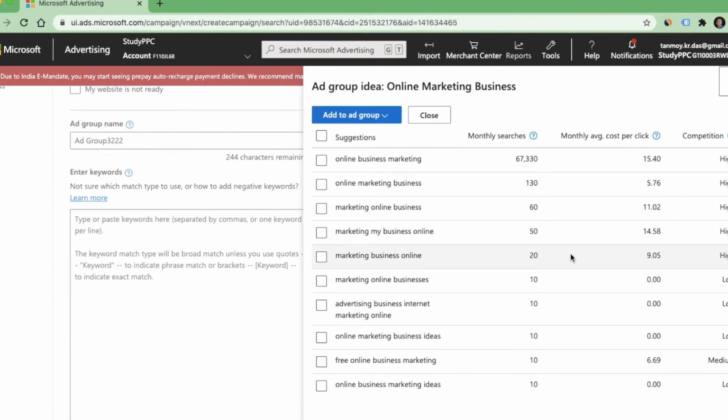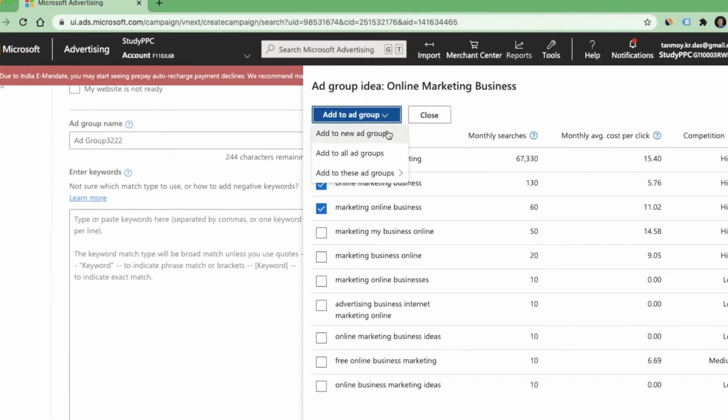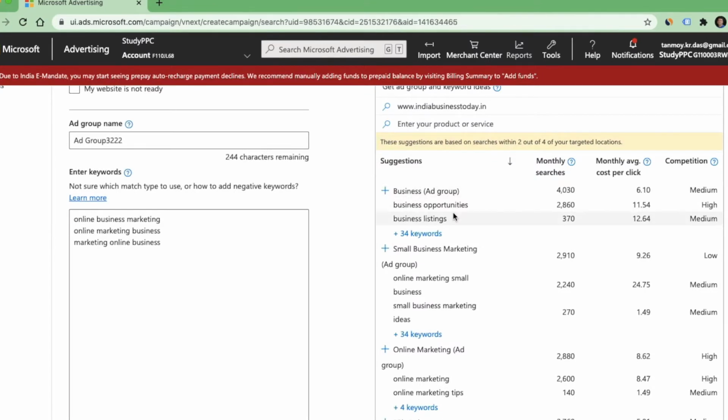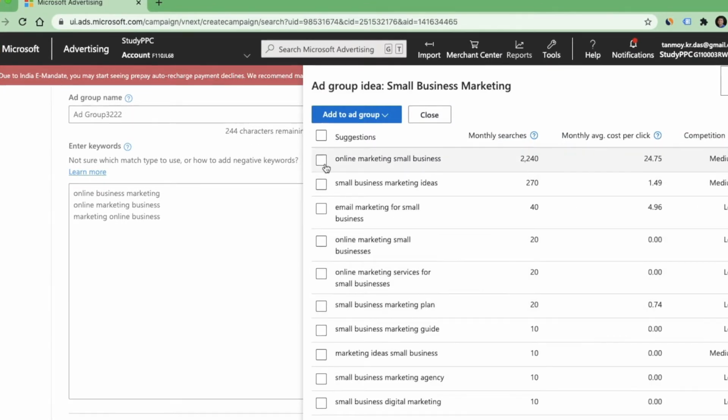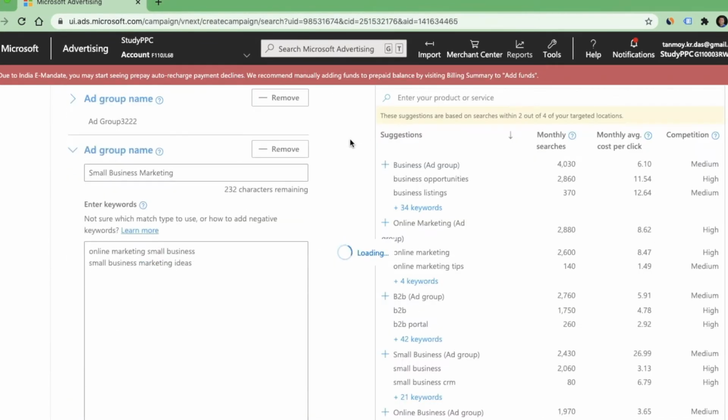So based on this data, you can select the keywords which you want specifically in this manner and you can add to the new ad group. So it's a very simple manner wherein the system auto suggests some keywords which you can add in this way.